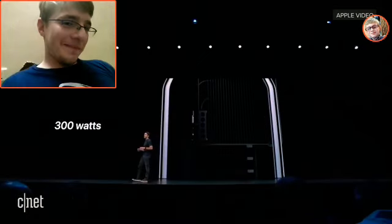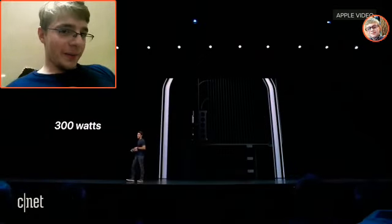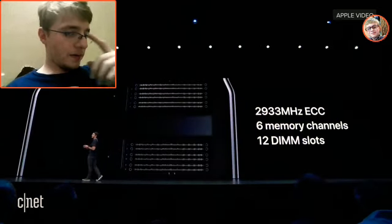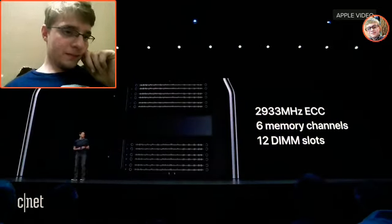Means you can run fully unconstrained all the time. Now, we also have an extremely high-performance memory architecture. 6 channels of super-fast ECC memory and 12 DIMM slots enable...